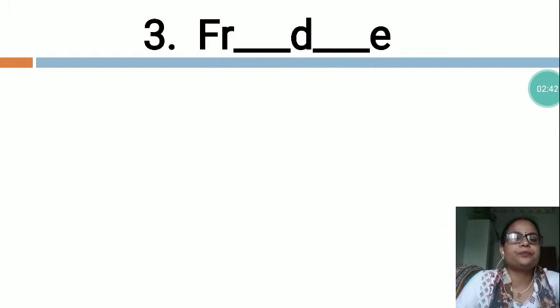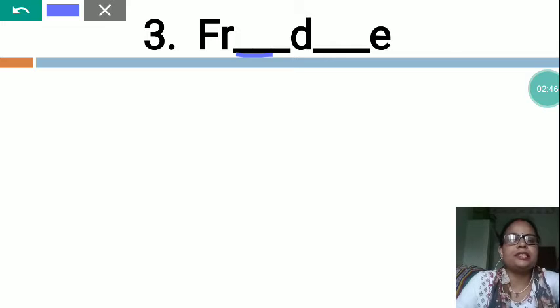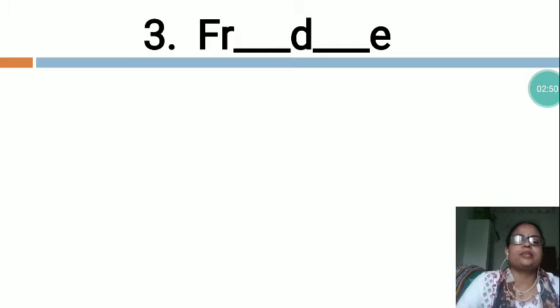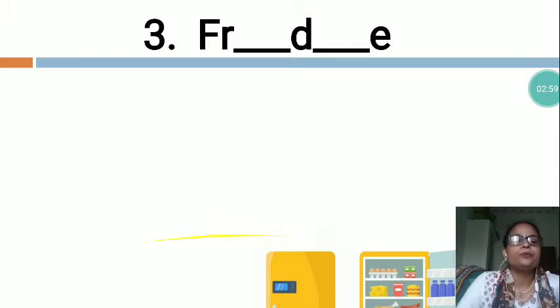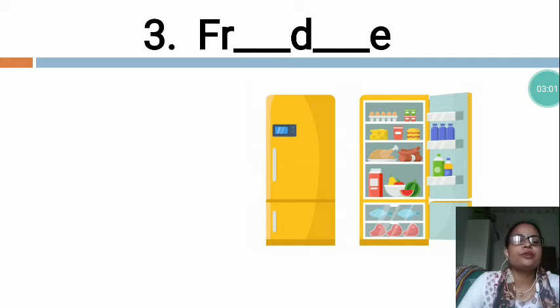Now the next is FR dash D dash E. So in this word also two letters are missing and you will have to fill the correct letter at the proper place. So which word is this? Now I would like to give you the clue. You can see this is a picture of a fridge. So the fridge spelling is